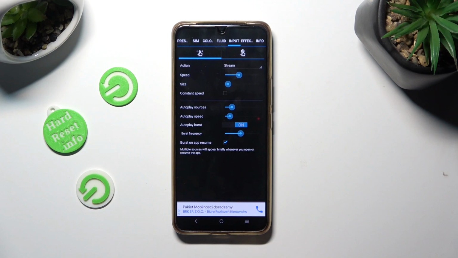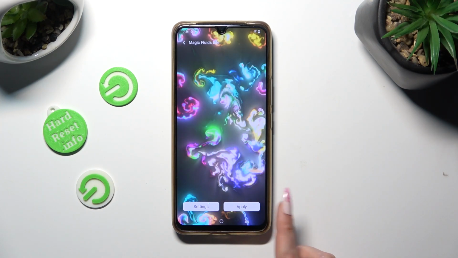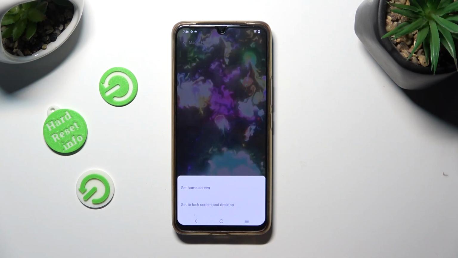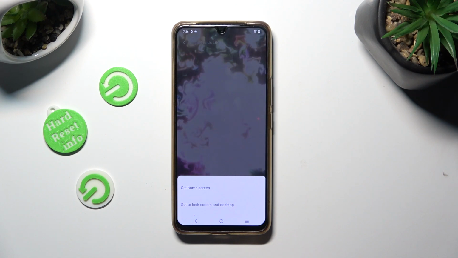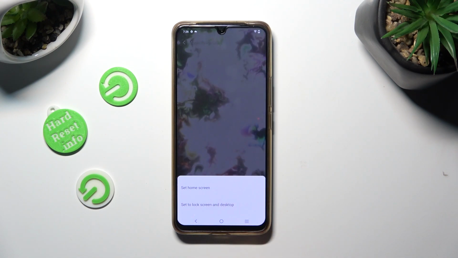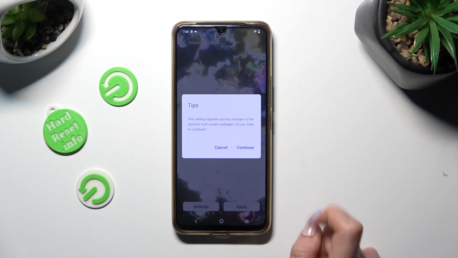When you finished, click on the back button, choose Apply on the right, and tap on one of those options, in my case, home screen only. So when I click and tap on Continue,